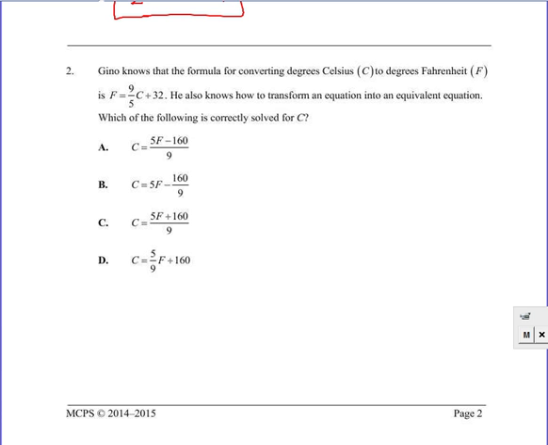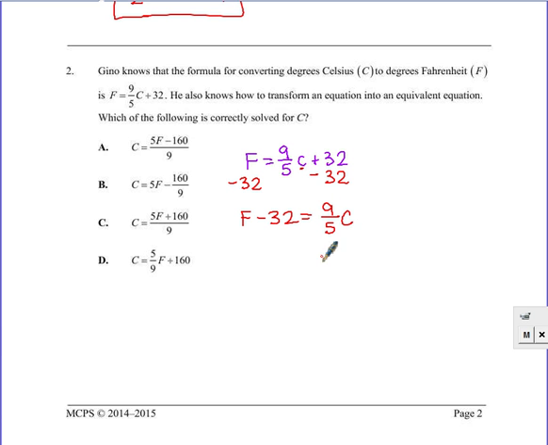Gino knows that the formula for converting degrees Celsius to degrees Fahrenheit is Fahrenheit equals 9/5 C plus 32. He also knows how to transform an equation into an equivalent equation. Which of the following is correctly solved for C? So in order to do this, I'm going to solve it myself so I can see what it should look like. So the first thing I need to do to get the C by itself is subtract 32 from both sides of the equation. So you have F minus 32